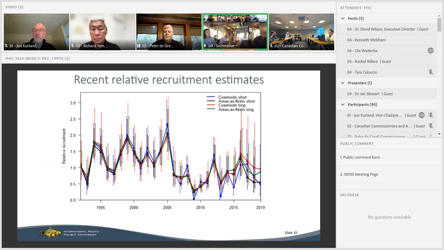So moving now into the results of the stock assessment, this shows you the time series of relative recruitment. Each of the recruitment estimates from each of the 4 different models is standardized to its mean so that they're on the same scale. We can compare which are relatively the stronger and weaker year classes in recent years. You can see right away that the 2005 year class is the strongest year class we've had since sometime in the early 1990s. However, you also see that the year classes leading up to 2005 were on average quite a bit higher than anything we've seen since 2005.